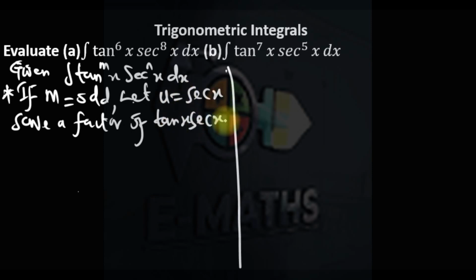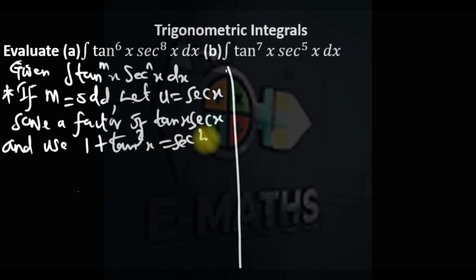You save it, and finally you use the Pythagorean identity 1 plus tan squared x equals sec squared x. Since we've let u be sec, we need to convert everything concerning tan to sec using this identity. So we have four key points here. If m is odd, you let u be sec, save a factor of tan x sec x, and use the Pythagorean identity. Or